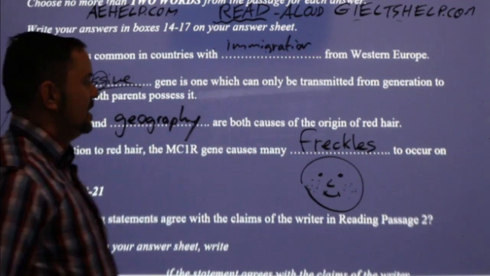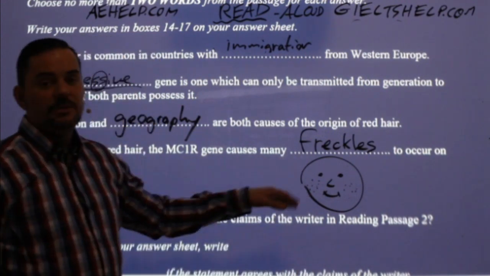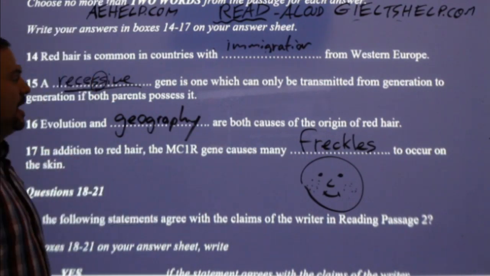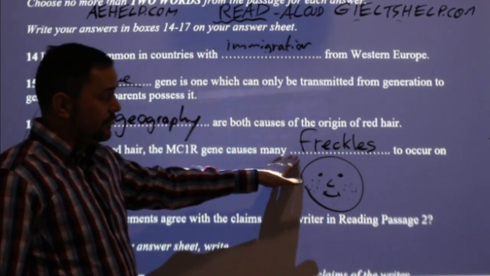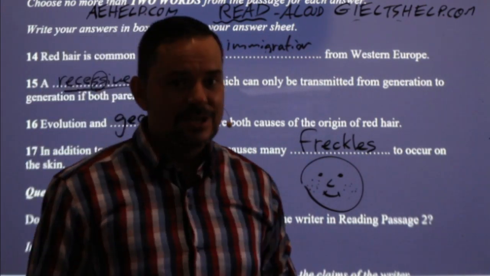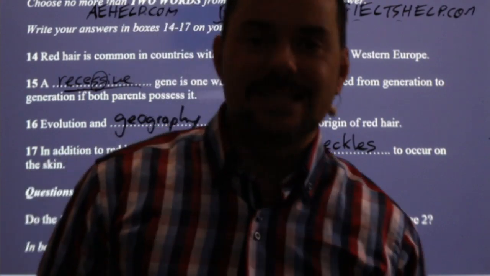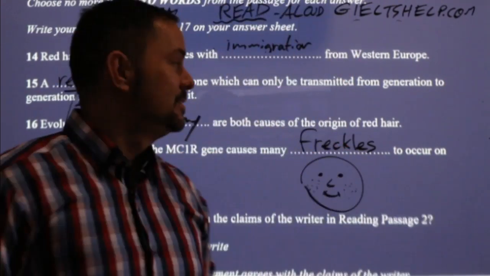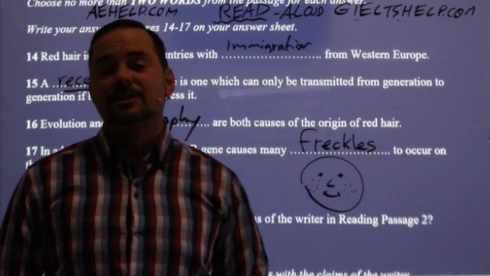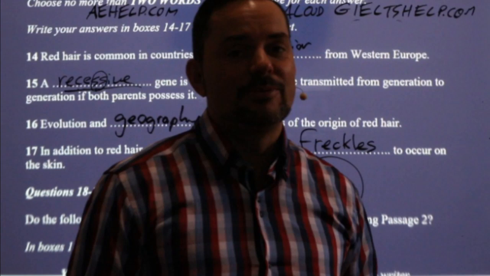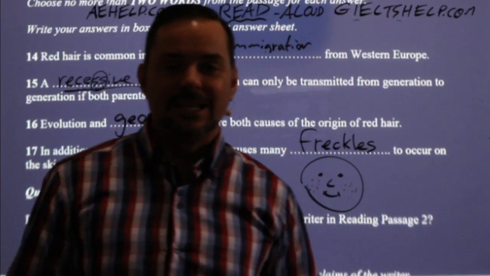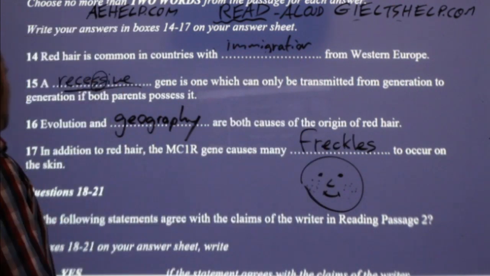All right? So you see this especially with people with red hair. They have lots and lots of freckles. Okay? Students, if this is a new word for you, freckles, add it to your vocabulary list and write an interesting, complex sentence that includes the word freckles. Something like, I looked in the mirror yesterday morning and was surprised to see freckles on my face that I never knew existed. Okay? All right.